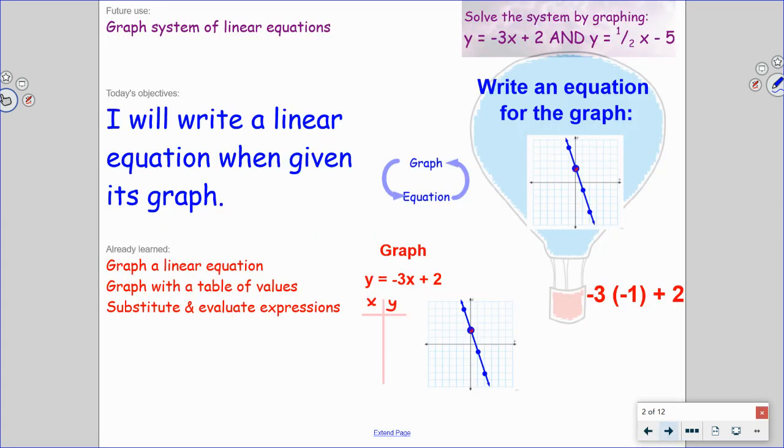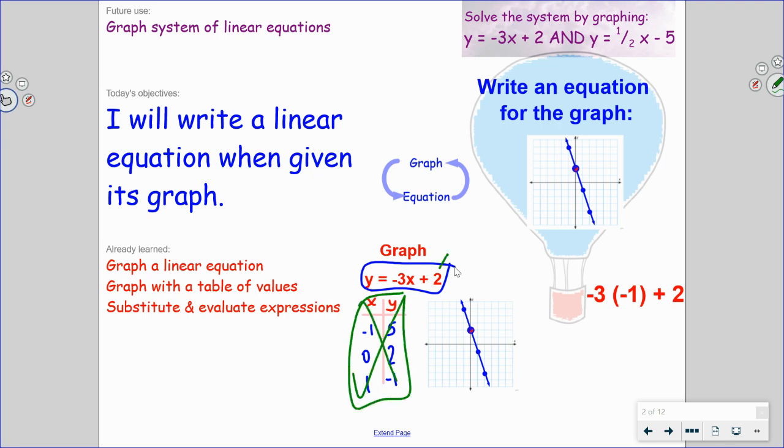If you recall yesterday, given a graph, first of all, we graphed it with a t-chart and found some y values that worked. But then I said, can we do this without using a t-chart, simply using the starting value and the slope? Well, if we start with an equation and create a graph, today our goal is heading in the other direction. Starting with the graph,